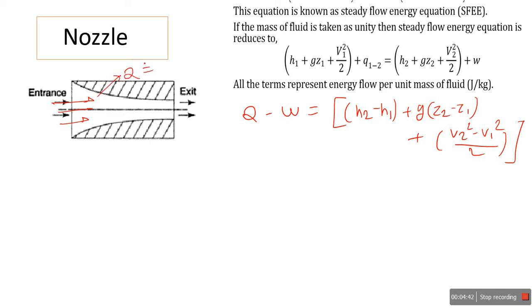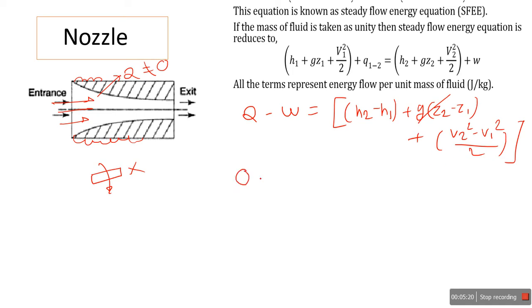Suppose steam flows through that nozzle; I assume there is no heat loss to the surroundings. This is isentropic expansion. I assume the nozzle is insulated, so there is no heat loss. Also, the nozzle does not produce any shaft work, so W is also 0. The function of the nozzle is to increase velocity, increasing its kinetic energy. I also assume inlet and outlet are at the same height, so the change in potential energy is 0.